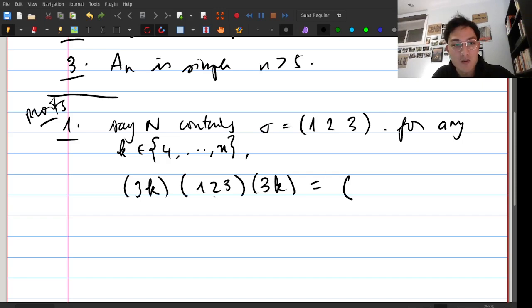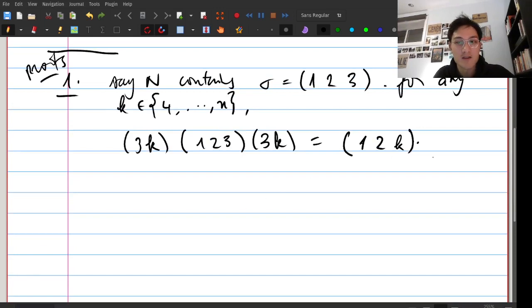But 1 still goes to 2, and then 2 goes to 3, 3 goes to k, and then k goes to 3, 3 goes to 1. So that shows that k goes back to 1. I'm trying to say as I remember how you could maybe remember it also. What I do remember is that the (1 2 k)'s should make the rest of the group,